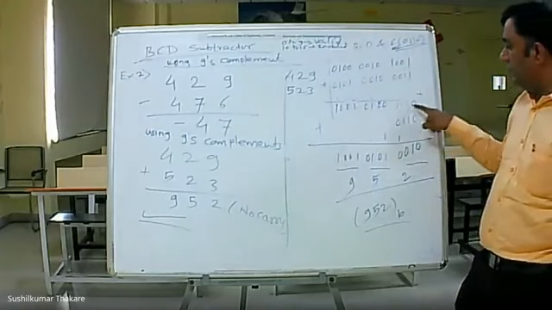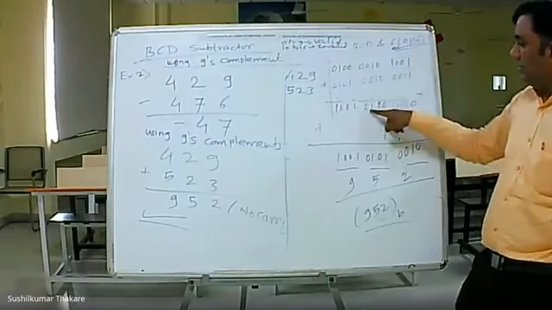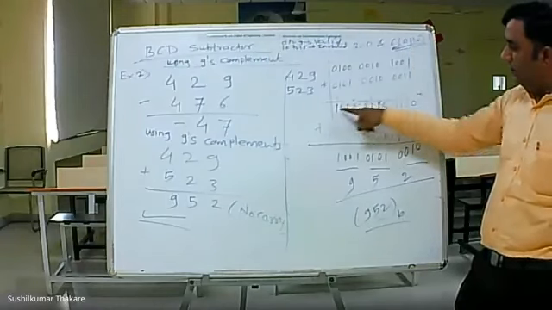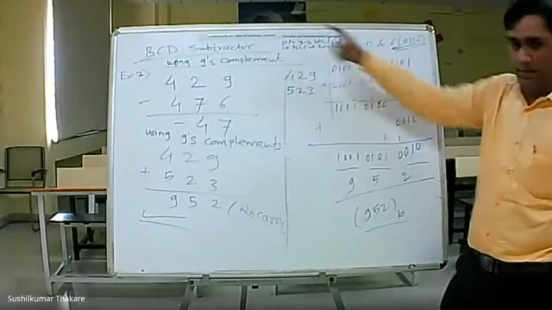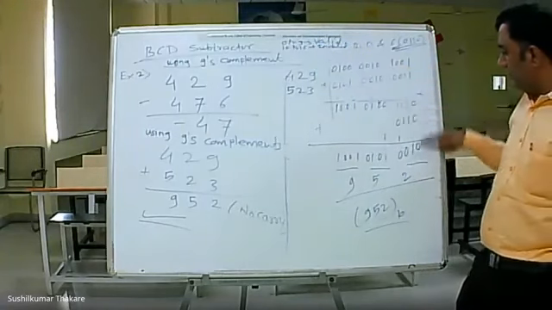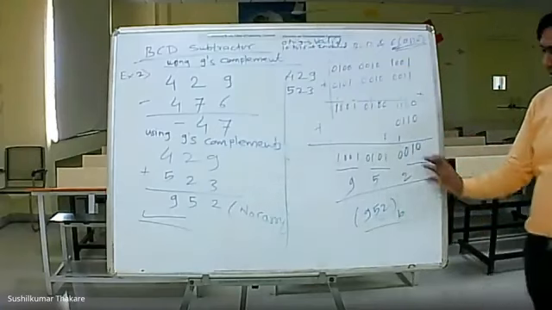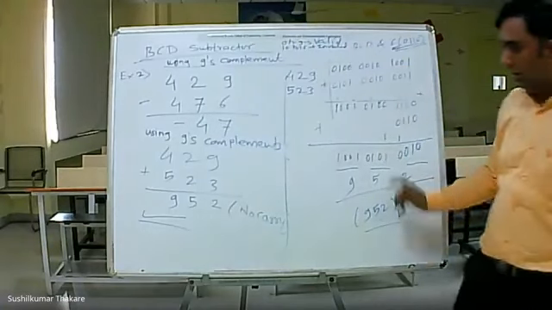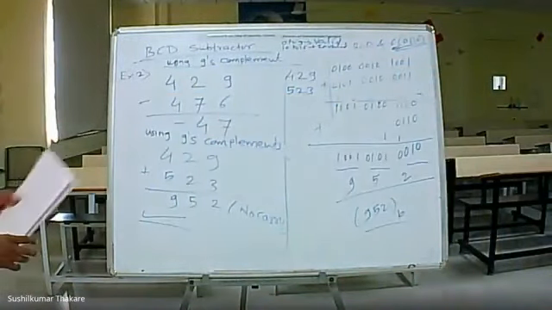So we check it. First 1 1 0 0, it's invalid. That's why add 0 1 1 0. 0 1 0 0, it's valid. 1 0 0 1, it's also valid because this number is between 0 to 9. Then addition of this, and then we get 9 5. Also, no carry is available. This is the very simple example using 9's complement.